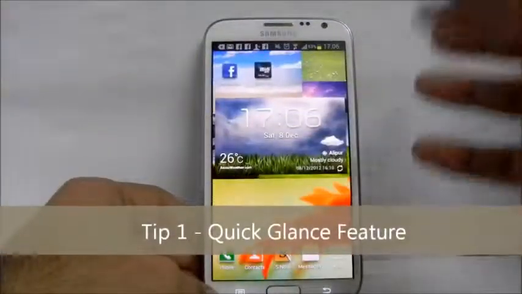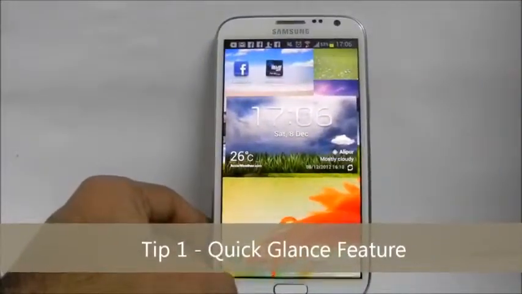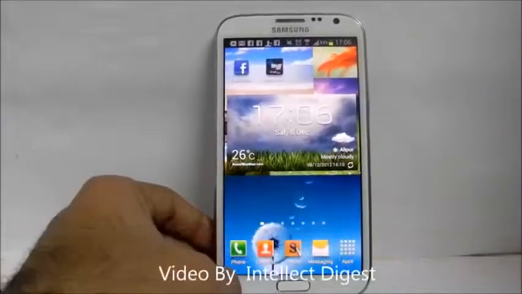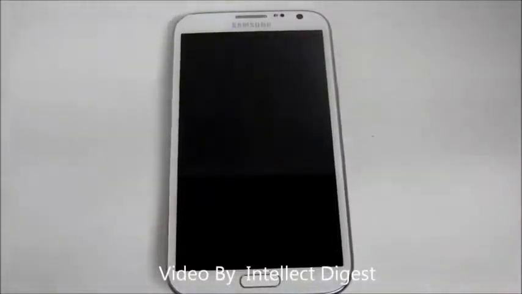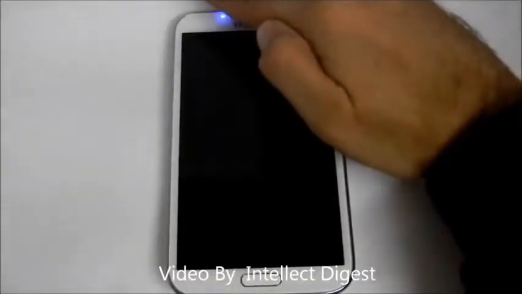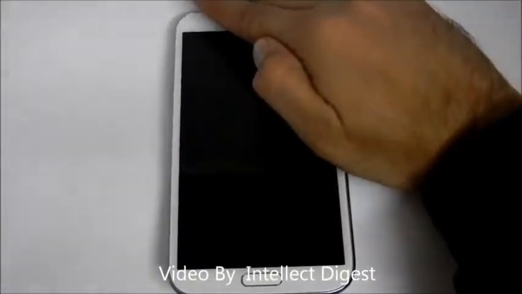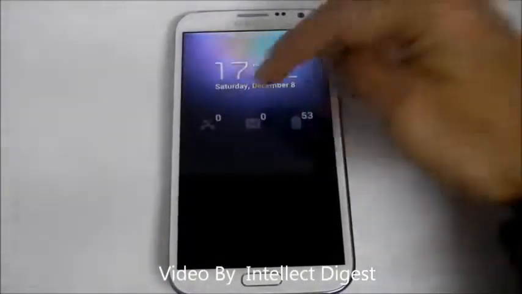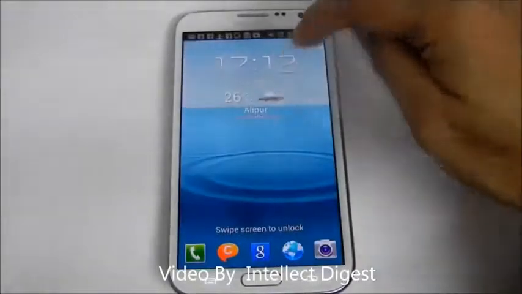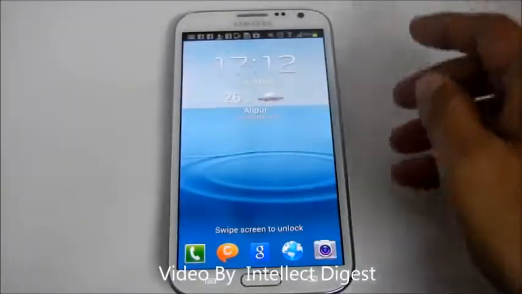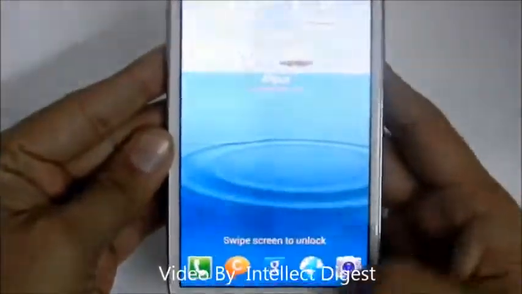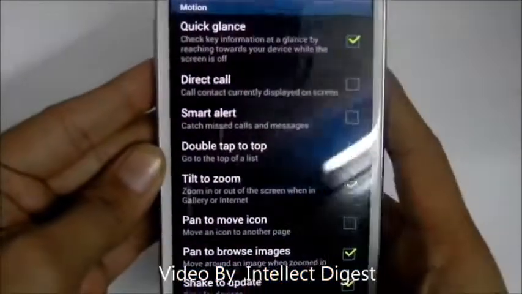Let us start with the quick glance feature, which is one of the most interesting features in this device, in my opinion. In the quick glance feature, you can just put your hand to cover the top of the phone just like this, and it will quickly show you how many missed calls, messages and the battery level that you have. You can turn on this feature quickly by just going to the applications,